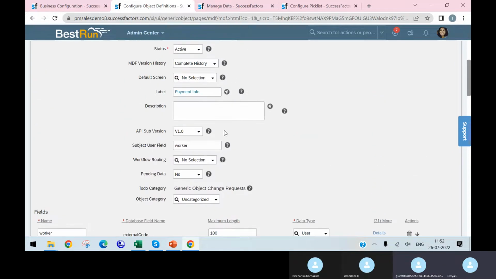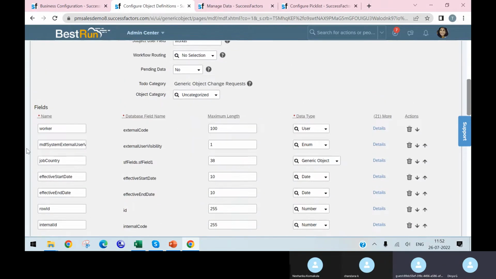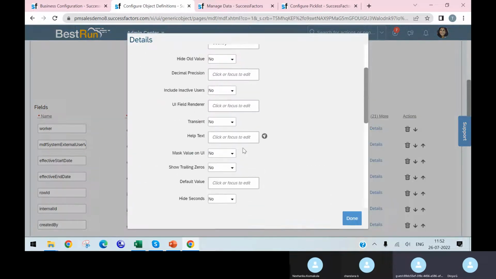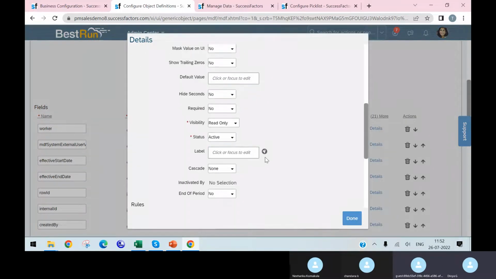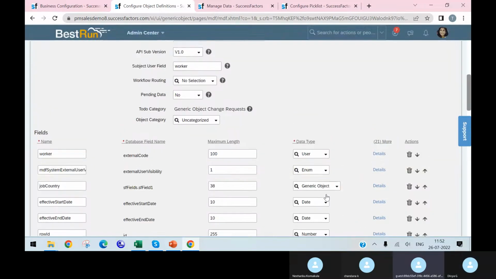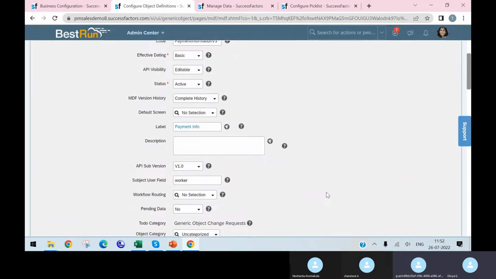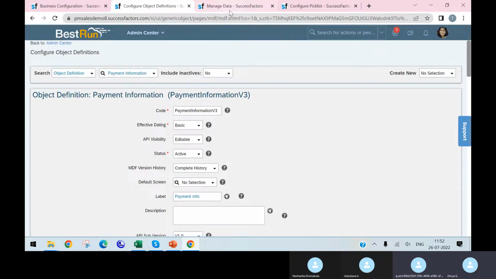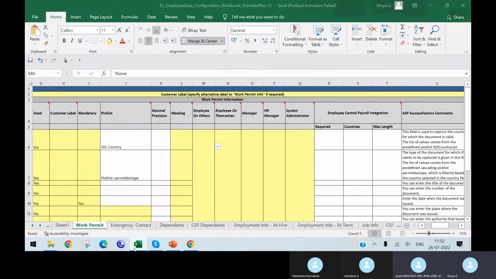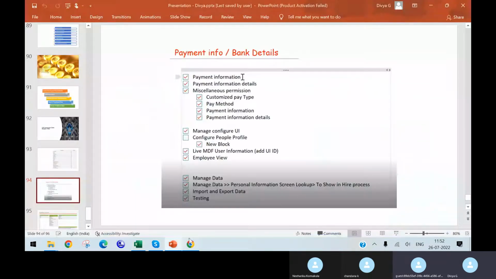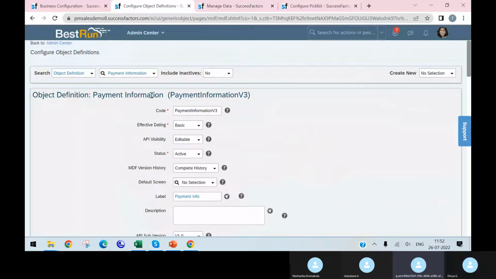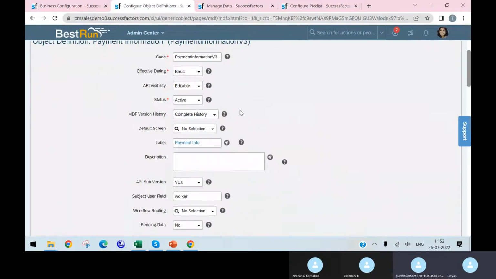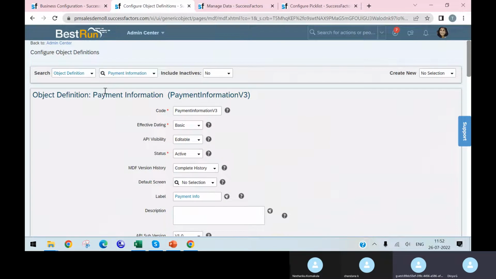You know how to do this. If you want to change these labels, we'll go for details and change the labels here. Have you remembered the steps? When we are doing this object definitions, MDF object definitions, MDF configurations we have done in this configure object definitions, right? Yes, code, effective. Here, if you want to change this label